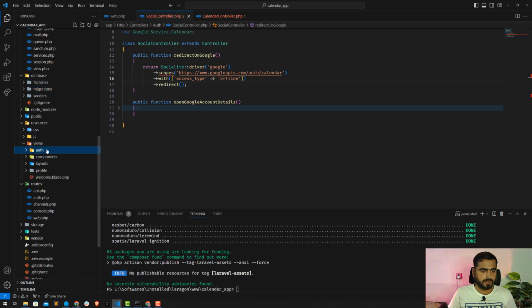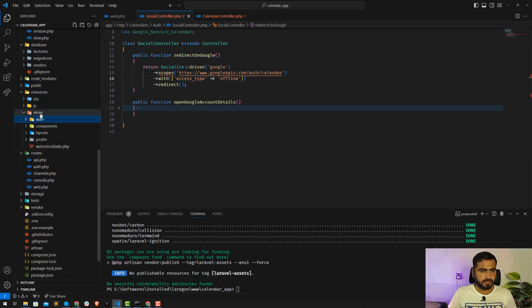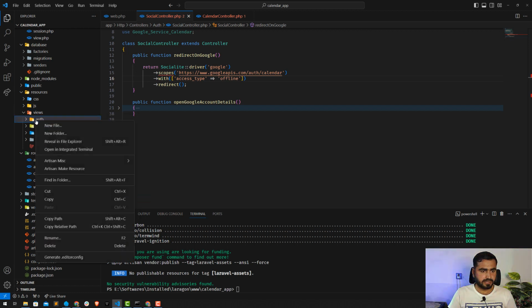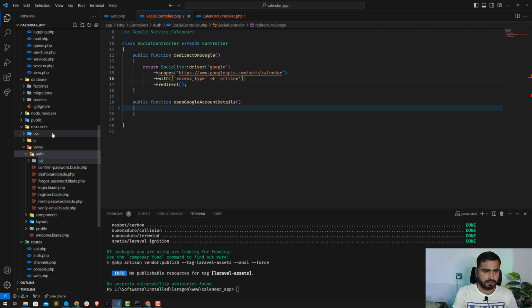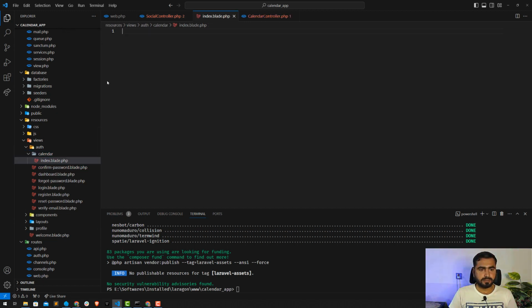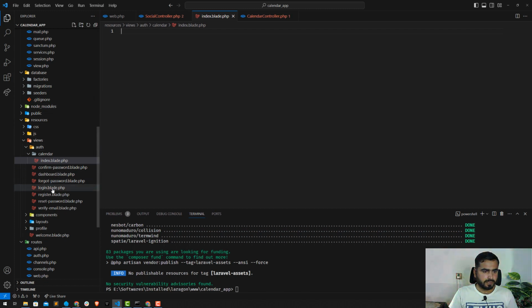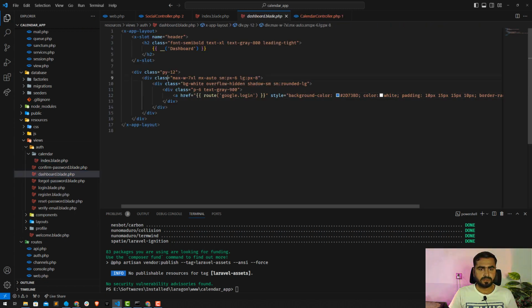our events. So let's go here, auth, inside the auth, let me create a calendar directory, and inside the calendar I'm going to create an index file where I'm going to load all of the events, and here I'm going to create a simple table. I think I need to copy this dashboard stuff, and here I'm going to copy all of it and show them